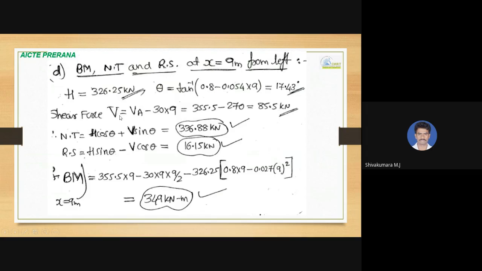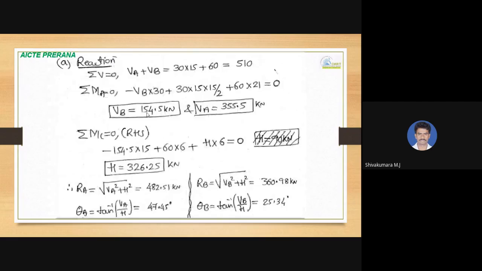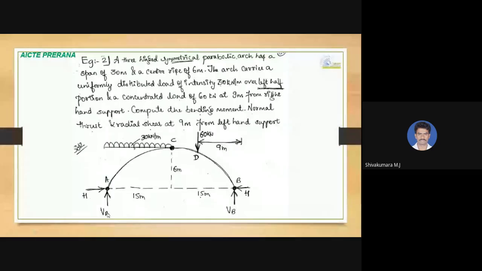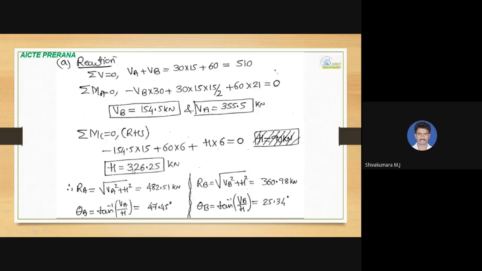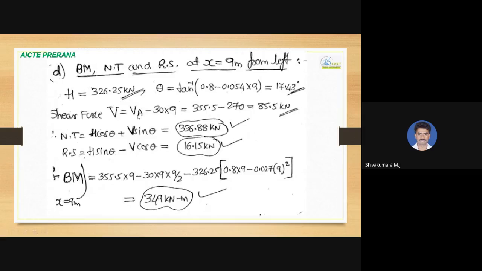And V is the shear force, the shear force at a distance of 9 meter in the given arch. So if we have a look, VA is towards up, and up to 9 meter the UDL is acting towards down. Deduct the value of VA by the load which is acting towards down, that is 9 into 30 kilonewton per meter, multiplied. That is the value of shear force. VA minus 30 into 9, value of VA is 355.5 minus 270, so the shear force you will get is 85.5